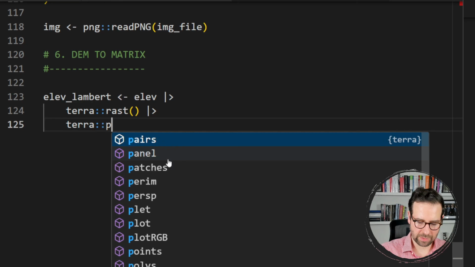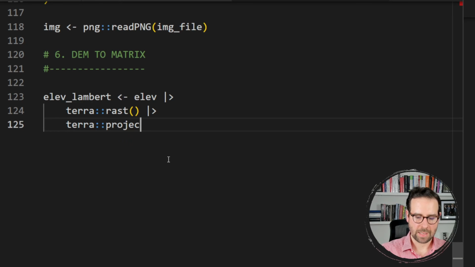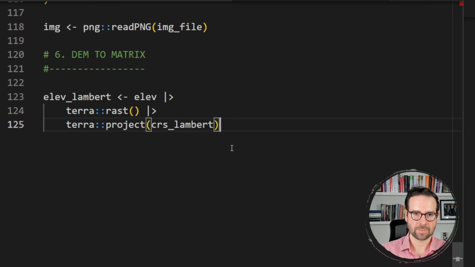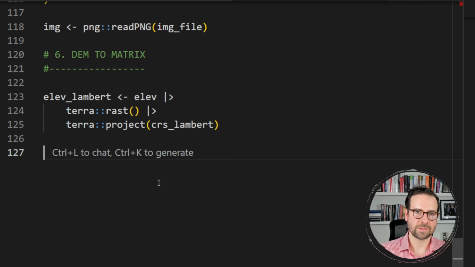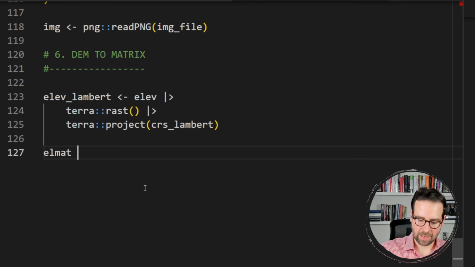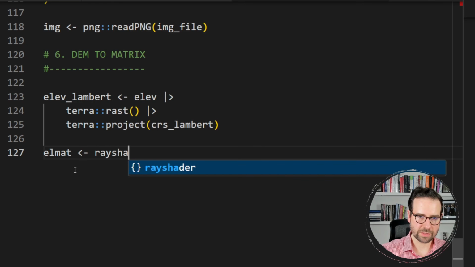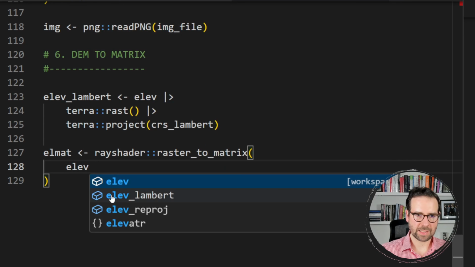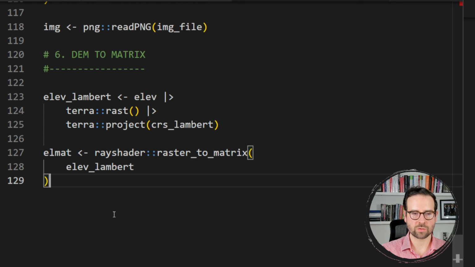and write this one, which is Terra project. And then within the brackets, we simply pass CRS Lambert. Okay, so now we have the reprojected, also Terra spatial raster file object. And then in the last part, we create this elevation matrix with a shorthand LMAT. And using rayshader, a raster to matrix, we pass this elef Lambert, which is going to create a matrix for